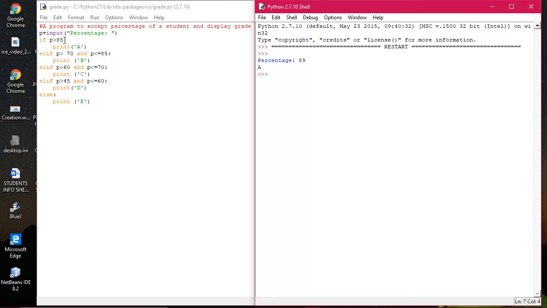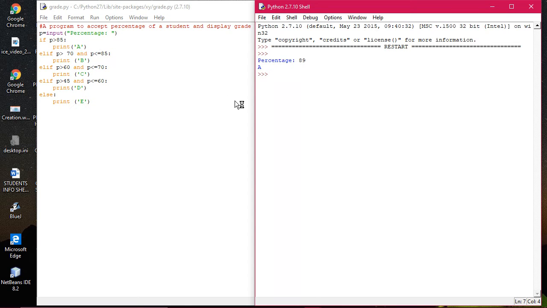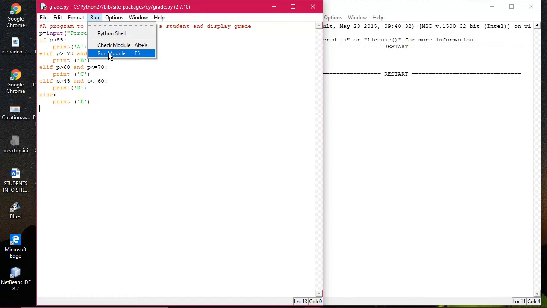You see, when it has been executed, the rest of the statements have been bypassed. Now I'm executing it for the second time with another value. Now you see out here how it is executing. The percentage I'm giving out here is 72. What is it supposed to be? B. Now what is happening here? 72 greater than 85 is false, so it has come down to the second elif. So it is printing B out here. See, when B has been executed, then these three statements have been bypassed.